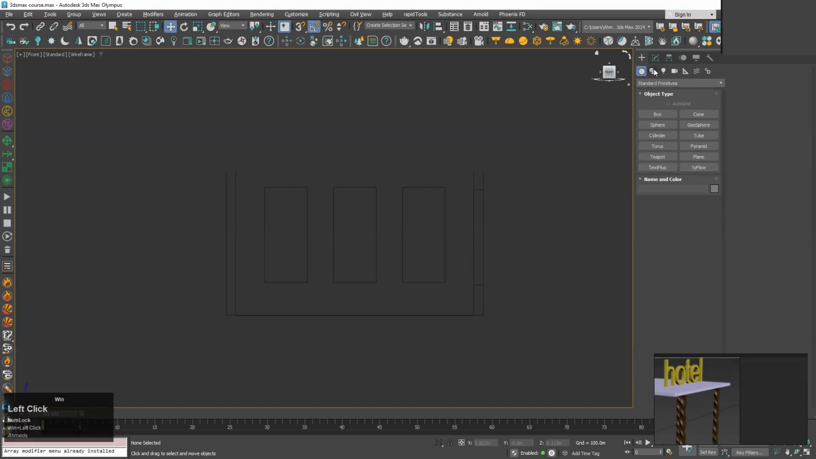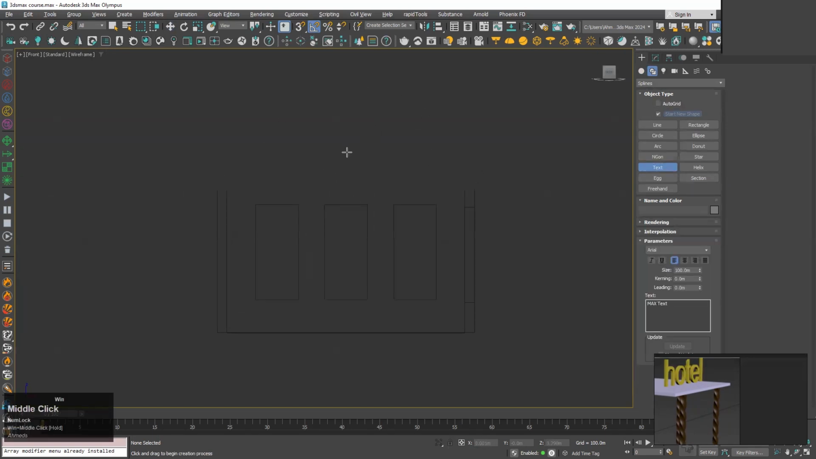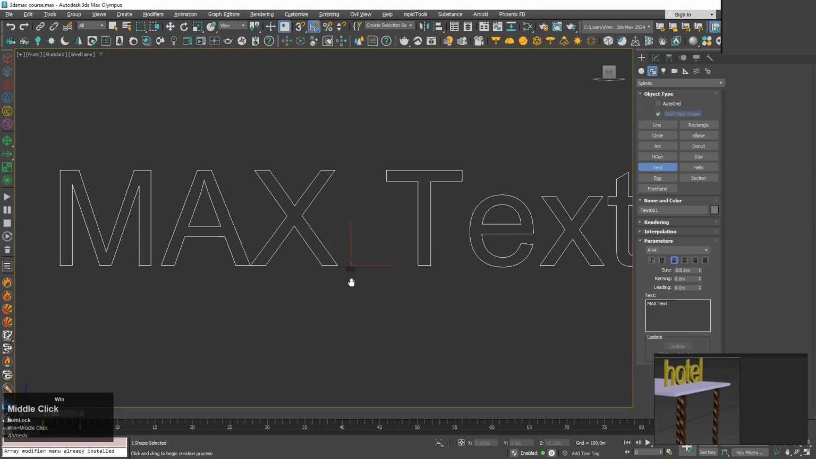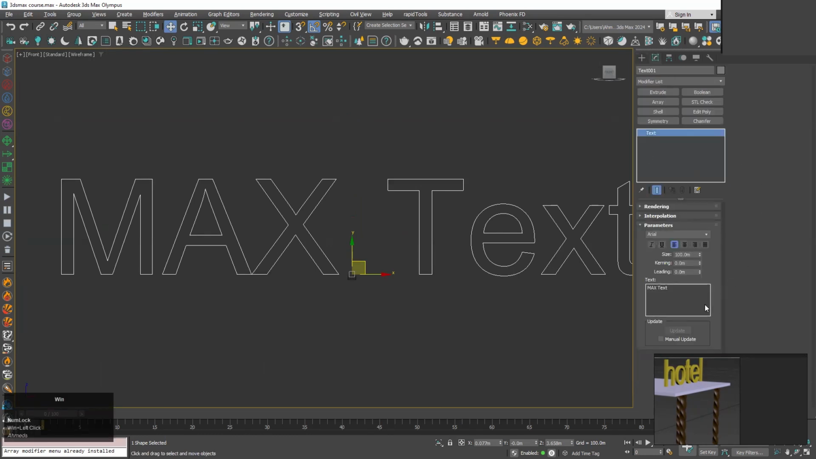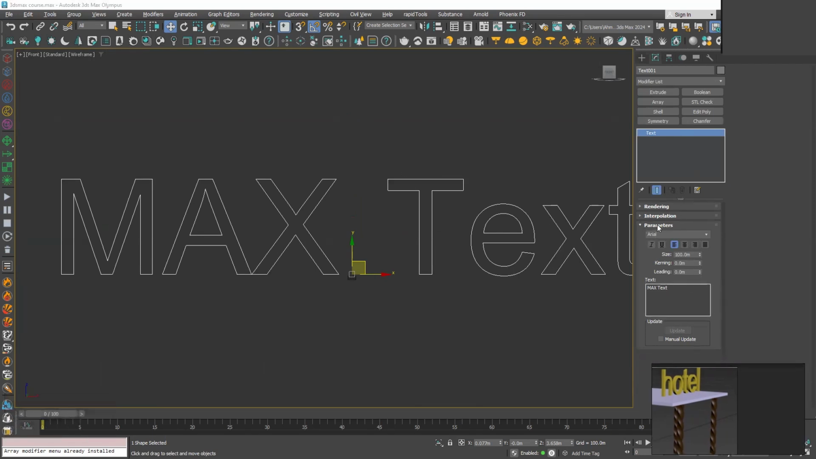So if I just switch from geometry to shapes, you can see we have that text. If I click on the text, and now if I click on my viewport, you can see we will get that text option. So here it is. Now if I go into the modify tab and check the parameters of our text,